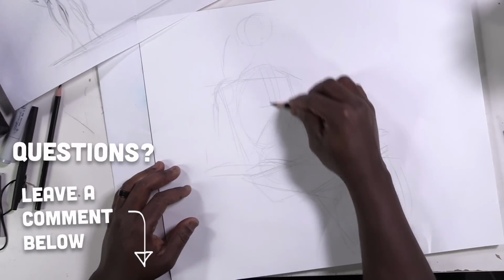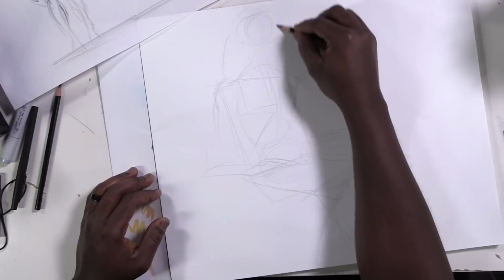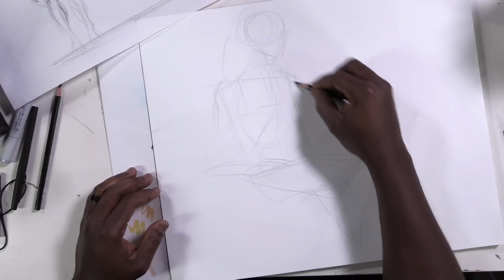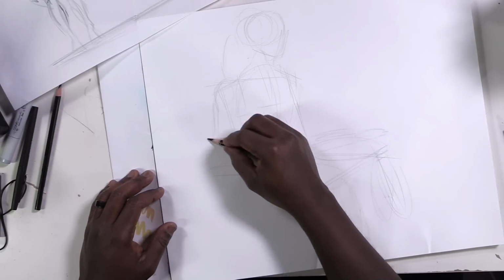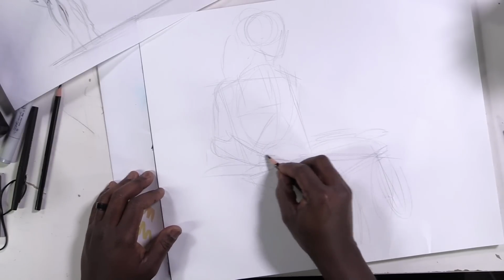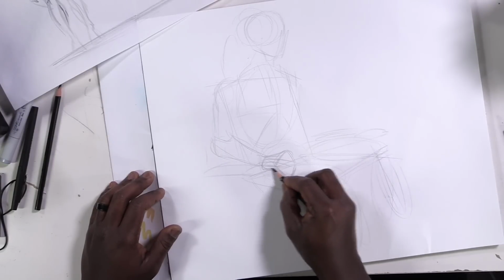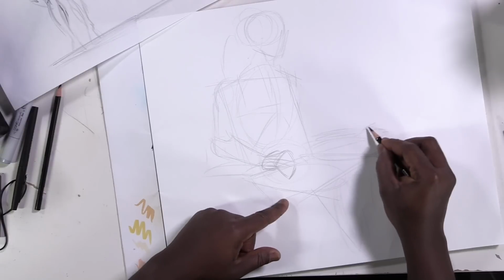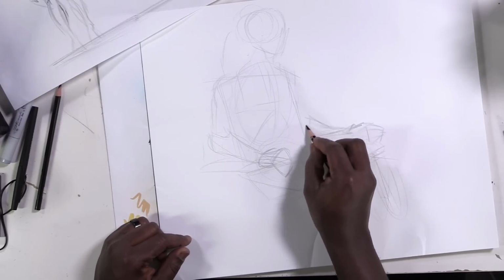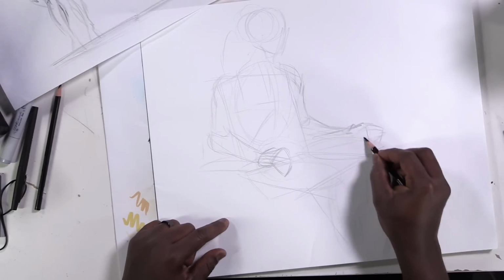So now I need some kind of headrest and also the head, right? So proportionally, remember, 2 heads wide on the chest. And I want my head to be a little bit more forward. Okay, so something like this for my head. And let's have my arm here and hand. And just to simplify the fingers, I've got just a little shape like that, right on my armrest. And I'll use that shape to describe my fingers as I'm drawing